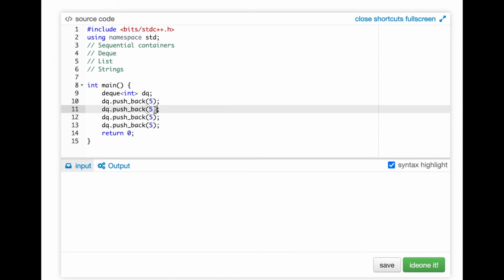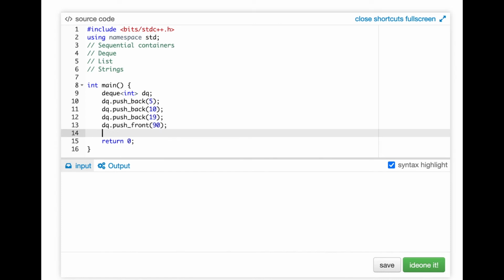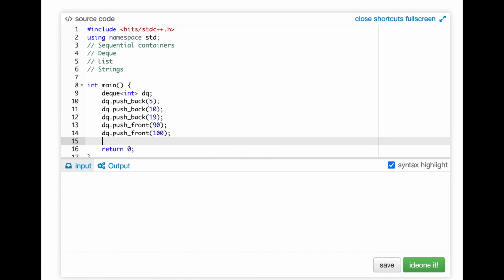So I have multiple elements which I can push here, 19, let's suppose here, and then we can also, instead of push back, we can also do push front, right? So that's the beauty of deque. We can insert elements towards the start as well, right? Not just from the end, we can insert towards the start. And let's do one more front push. So push underscore front, and let us insert 100 here, right? So that's how we can insert elements.